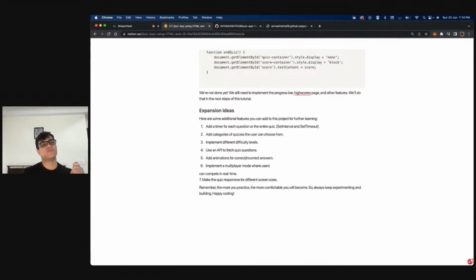And if you really want to up your game, like Udbhav suggested that we should authenticate, while authenticating you can use technologies like Socket.io, which is an advanced level technology. I will not deny that. For beginners, we should not discuss this point. But for anyone who is intermediate or advanced, you can include multiplayer mode where people can play in real time. And obviously, making the quiz responsive comes inside UI.